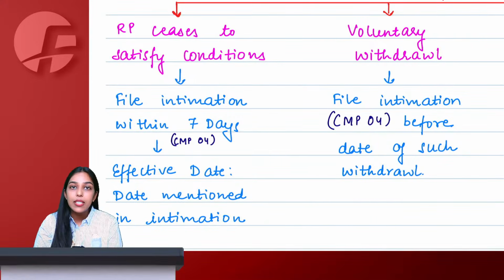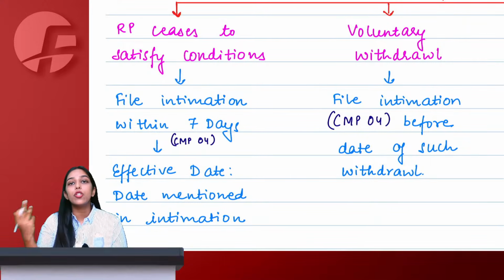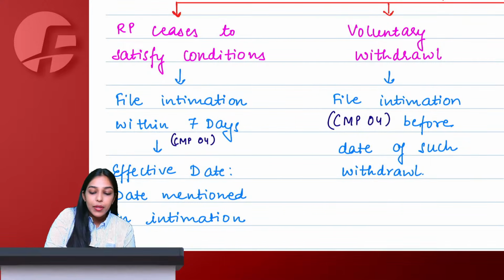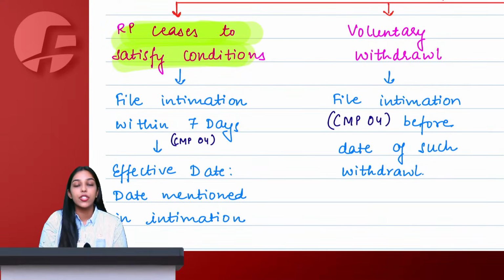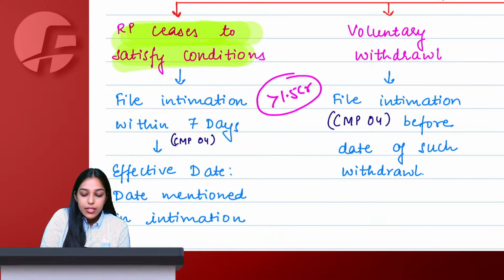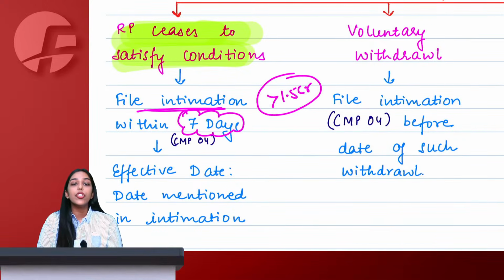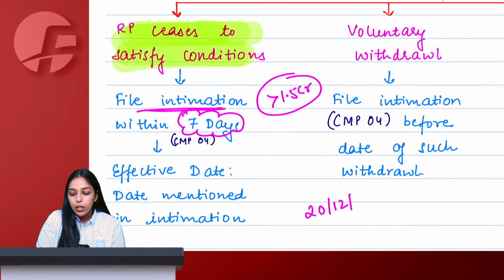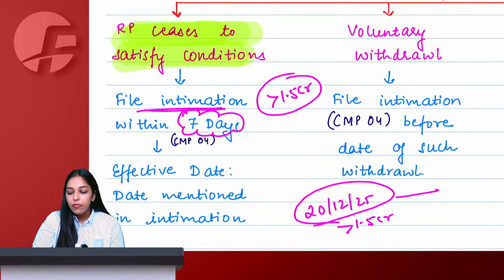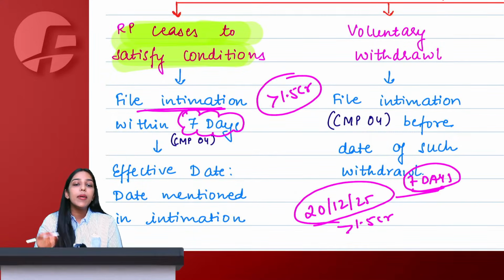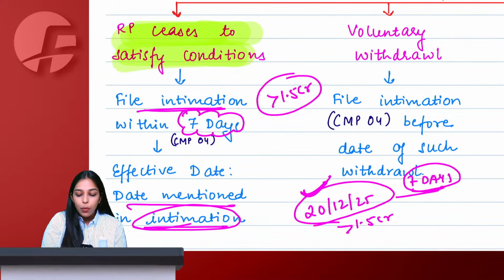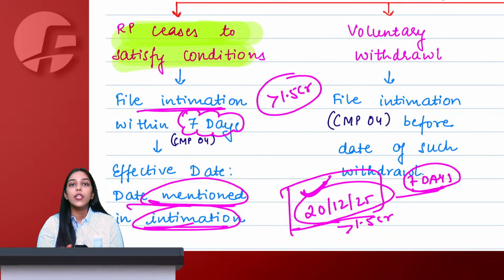I want to do some interstate supplies. If anything like that is happening, I want to supply through an e-commerce operator, interstate, anything like that, which means I cease to satisfy the conditions. Then the day on which I cease to satisfy the condition, let's say today my turnover exceeded 1.5 CR, then within 7 days from here, I will file an intimation to the officer saying that, let's say on 20 December 25, my turnover exceeded 1.5 CR. Therefore, from this date only, the date you mention in the intimation, you become ineligible in compo. You are opted out, and now you are a regular registered person.